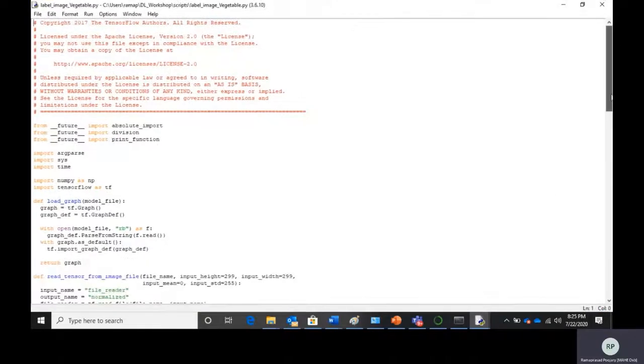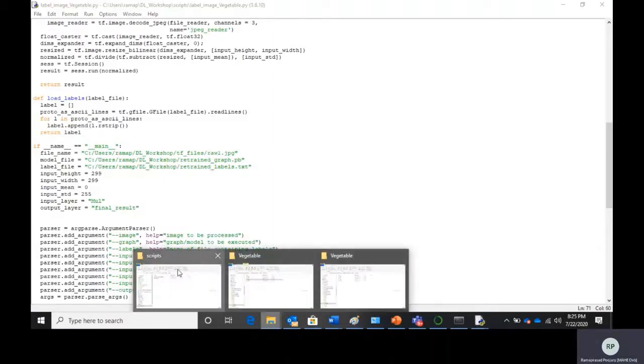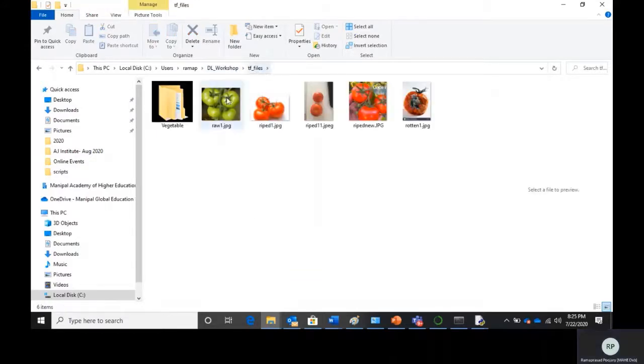Now in this file, I need to set a path for the test image, which I'm going to use for testing this classifier. And I have test images in the tf_files folder. These are the images which I'm going to use for testing. As I mentioned to you, the test images should not be part of the data set. So they have to be different images.